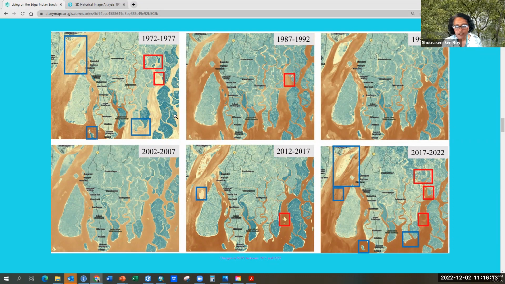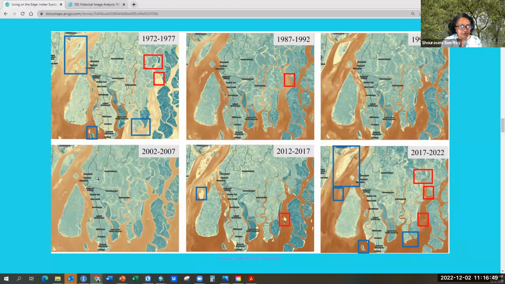Over time, depending on the amount of water flowing through the river channels, tidal channels, hurricanes and other erosional activities, islands have either increased or decreased in size. Here is an example: the section here is not less landmass, but has increased by 2017 to 2022.